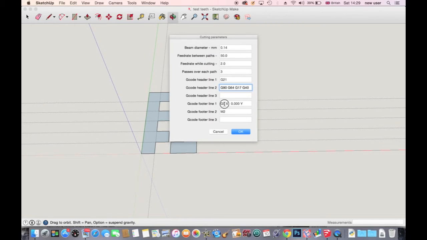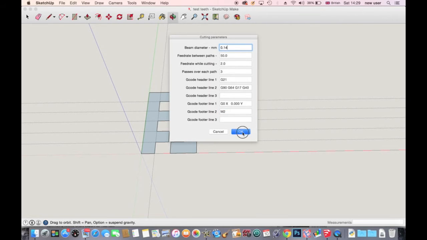The footer is at the end of your G-code file after all the shape instructions have come out. This is really important. At least on my machine, the laser doesn't switch off unless you send it a G0 command. So that's all this one does. It's G0, X0 and Y0. And that just returns the cutting head to your origin position as well as turning off the laser. M2 is just a very general purpose standard machine off G-code. Anyway,